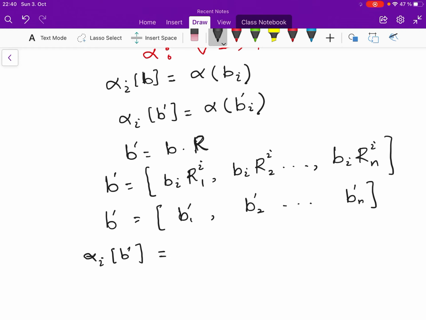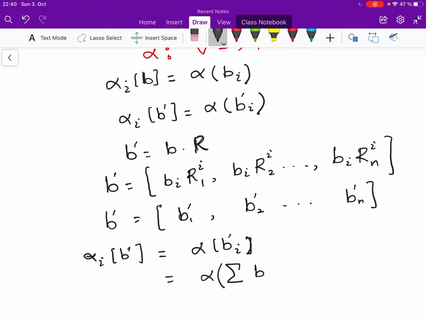So this will become equal to alpha, the action of alpha on BI in the new coordinate system, and then I can write this also in this manner: BI prime is nothing but summation